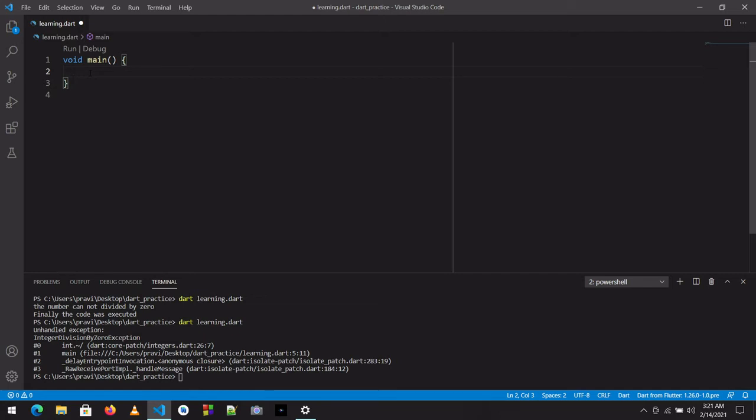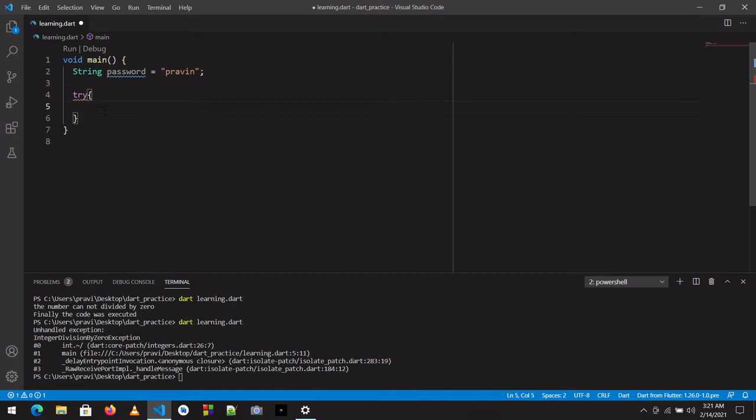So I have this password here. I will create a string called password, which has the password, my name Praveen, which, you can see, is less than 8 characters. So I will use try to try something.